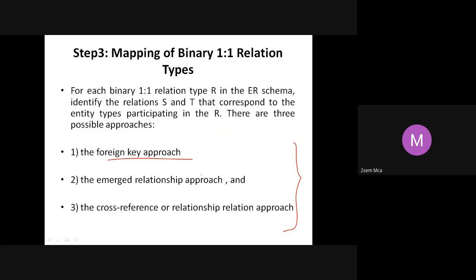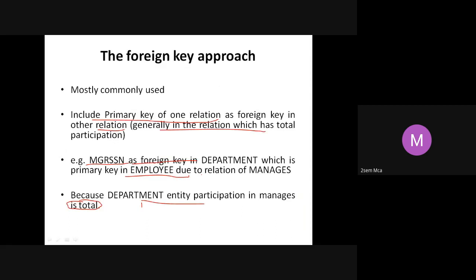So foreign key approach, merged relationship approach, and the relationship relation approach. Any doubts, any questions so far? All right, no questions, and I'll go further.